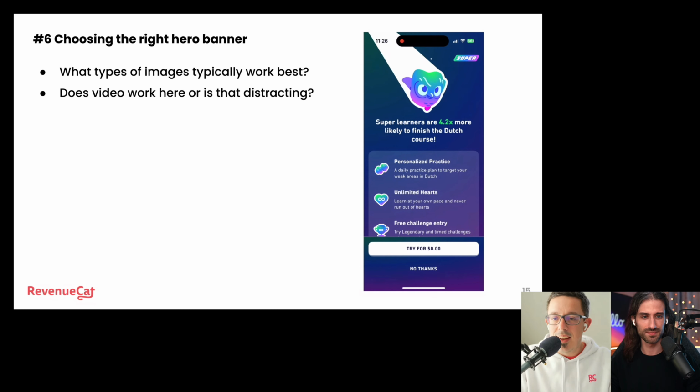But I wonder if that is a result of trying to keep the cancel button farther away from the elements that people are immediately drawn to, which is the sort of animations. And you'll notice the features also are animated. So maybe that draws your eye down the page towards the big bright, try for $0 thing that they have.